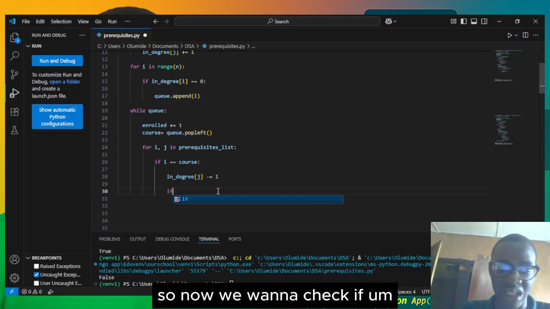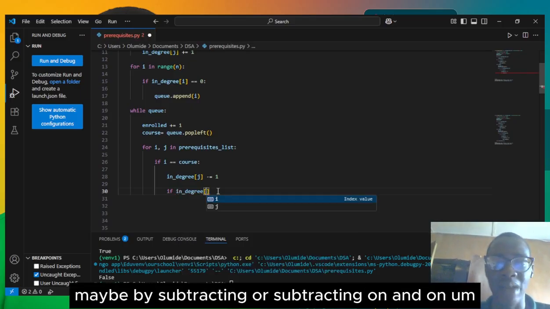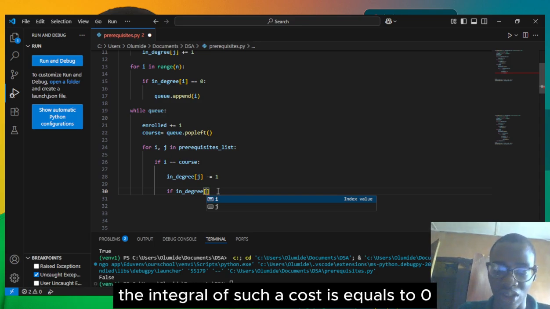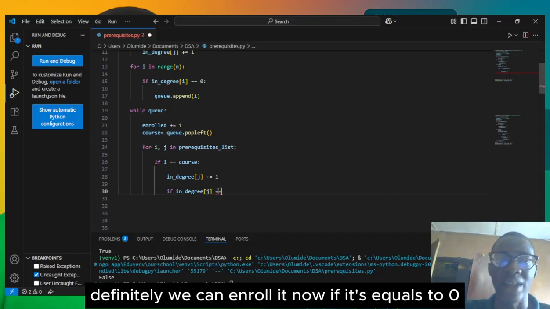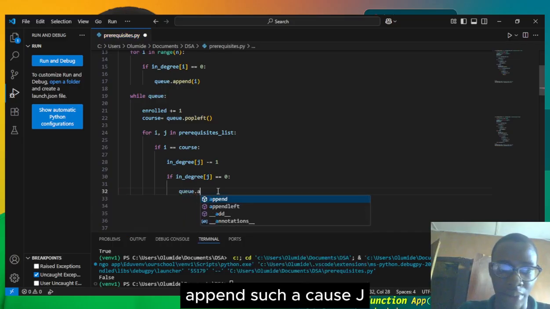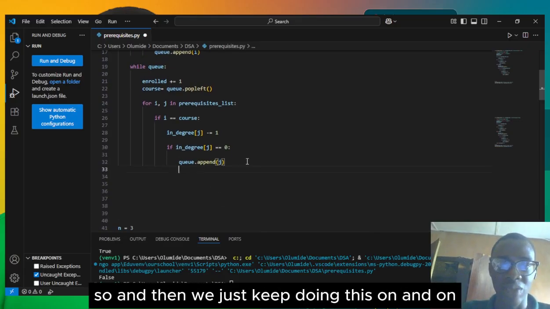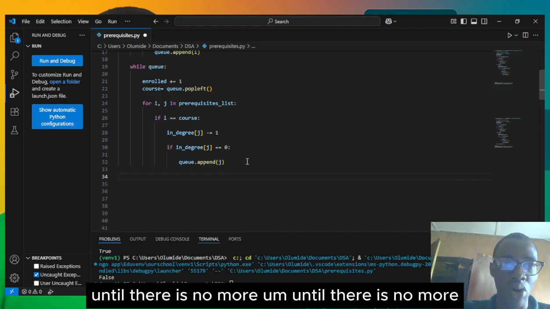So now we want to check if the in degree of such a course is 0, maybe after subtracting on and on. If the in degree of such a course is equal to 0, definitely we can enroll it now. So we can just enroll it into the queue with queue dot append such a course j. So this is just what we're going to be doing, and then we just keep doing this on and on until there is no more